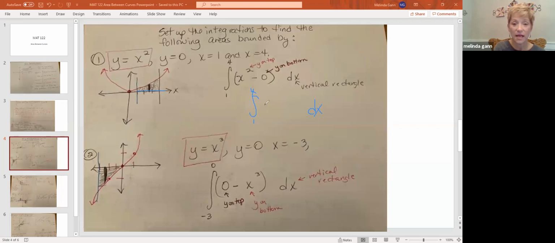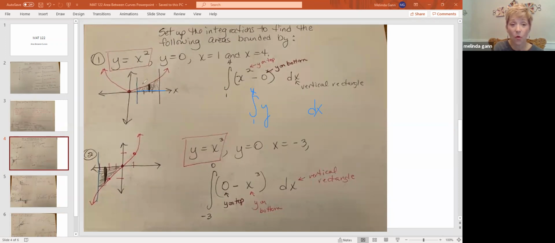Now, why can't you say y? All right, why can't you say y? Well, the reason you can't say y is you can't mix variables. So if it's dx, everything here has to be x. So when I say y on the top, I mean y on the pink. So I try to find which graph was the pink one. See, that's why I boxed that one in pink or wrote it in pink. On this graph, the y is really x squared. So instead of writing y, see, I wrote x squared because the y on the pink is x squared minus,